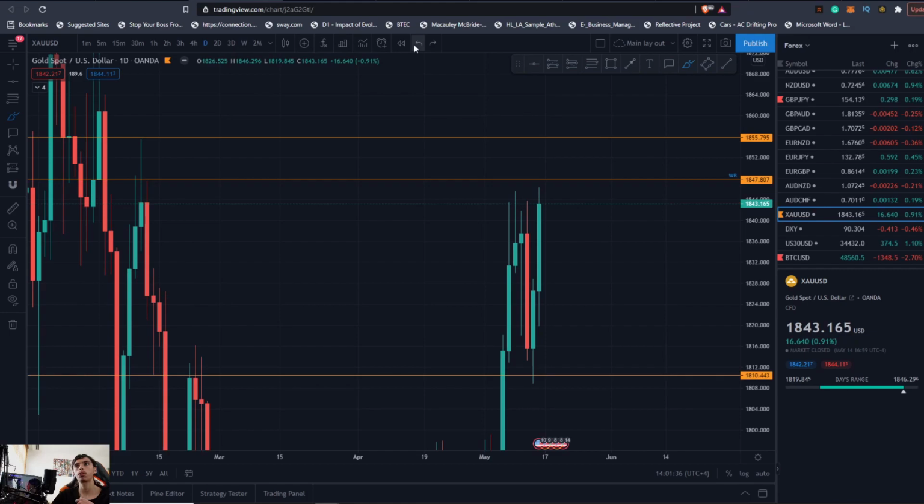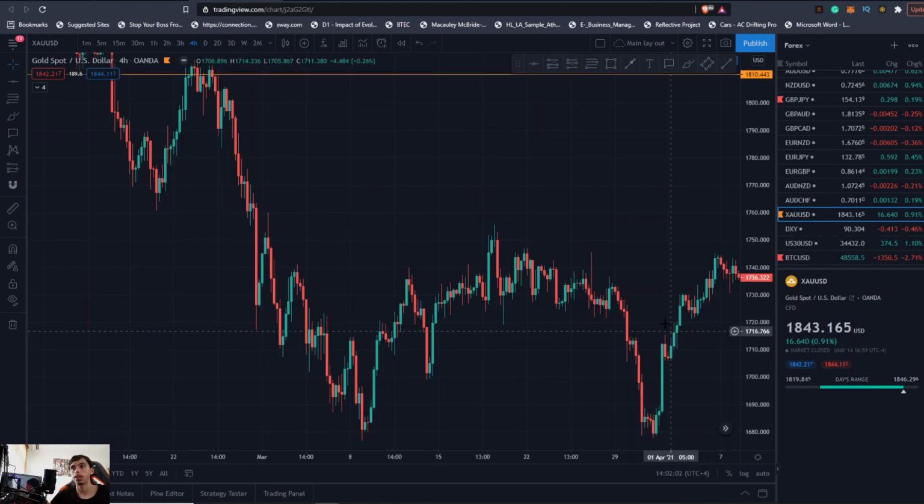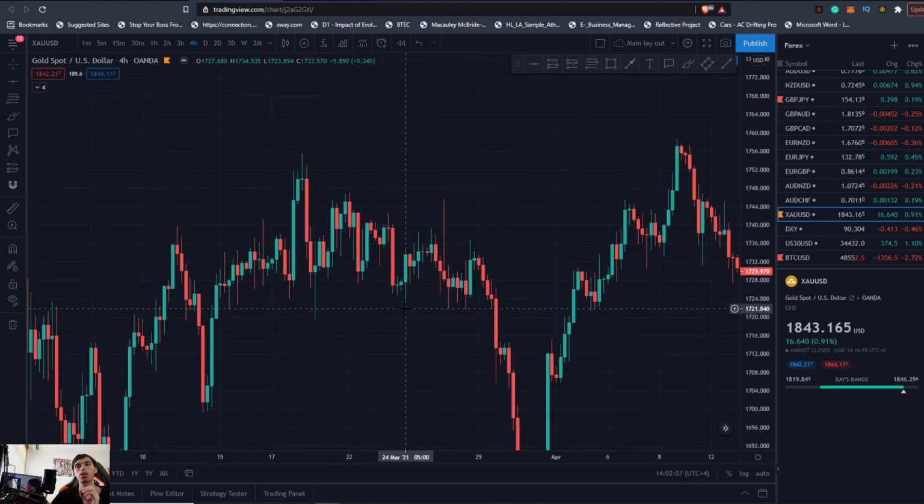But that's how you want to trade, but when it's ranging, let's go see if we can find a range. So take something like this. This was on March 22nd. You are absolutely going to get hammered if you're trying to trade gold in a range without really knowing what you're doing. We're on a 4-hour time frame here.